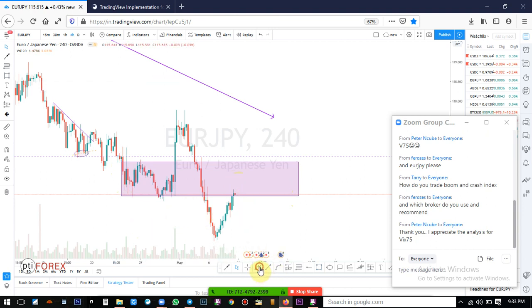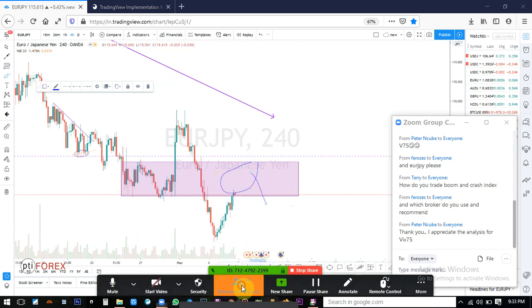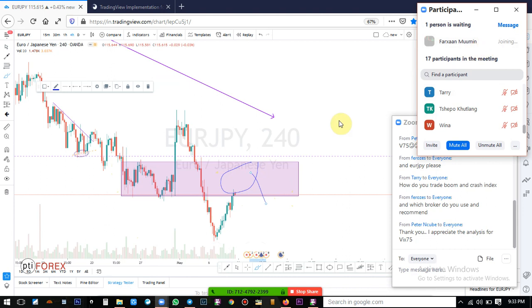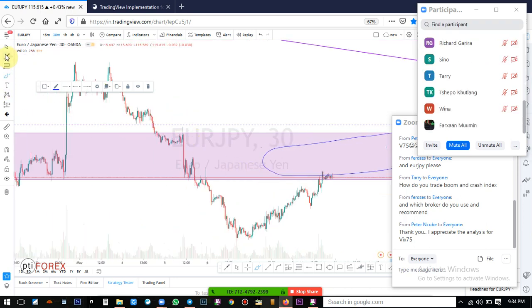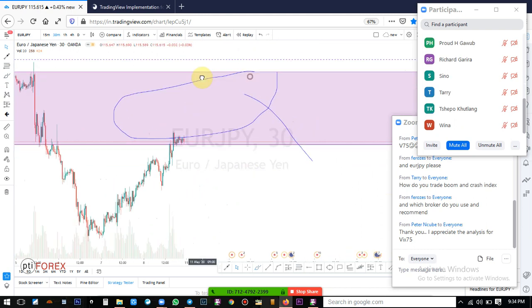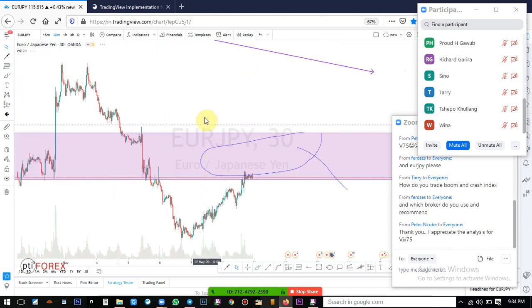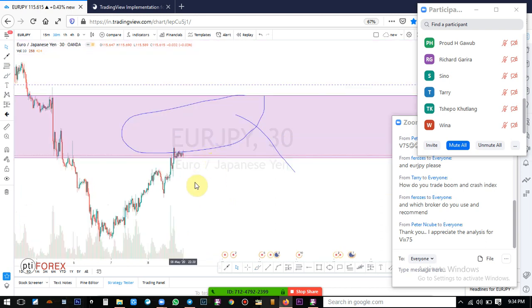This is a very significant level where price is likely to react and go all the way down. So as prices approach this level, that's where you need to pay a lot of attention. But I cannot say that you need to just watch and wait for the market to open. This one can show you a good selling opportunity, like tomorrow, maybe late tomorrow or during lunch,